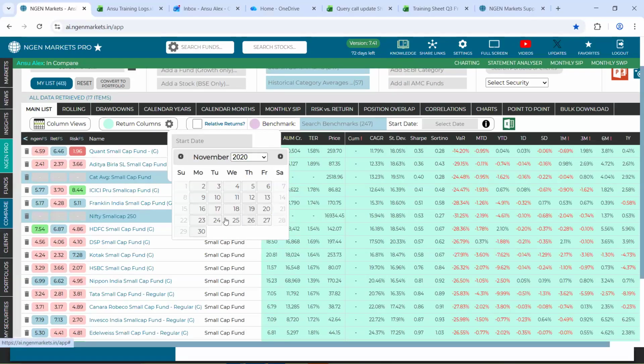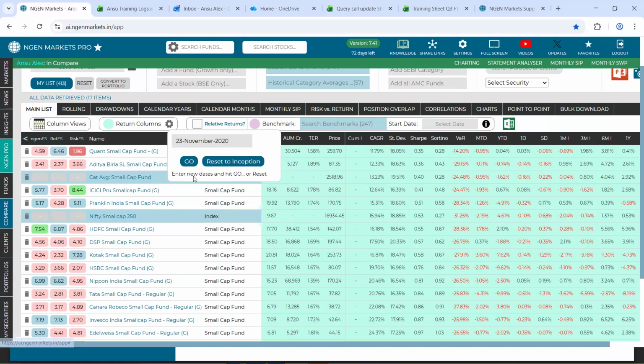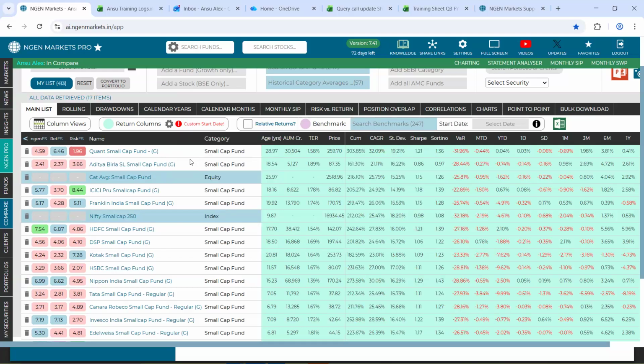So let's say I take a start date of 23rd November 2020 and I click on go. Now, this data that you see, for example the standard deviation, has changed. It has now come to 19.21, which is respective of the approximately 5-year time period that we have input, basis the start date that you put into this returns column section.